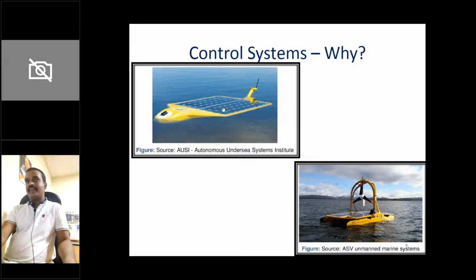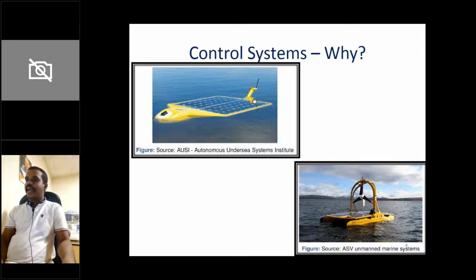moving this vehicle 1,000 kilometers in the sea is by connecting a cable of 1,000 kilometers, and through that cable, if we are able to supply the power, then that is also fine. But both solutions are not viable. Both solutions have their own disadvantages. You cannot carry so much fuel, it will be very bulky, very heavy. And the second thing is, you cannot have a 1,000 kilometer wire to supply the small